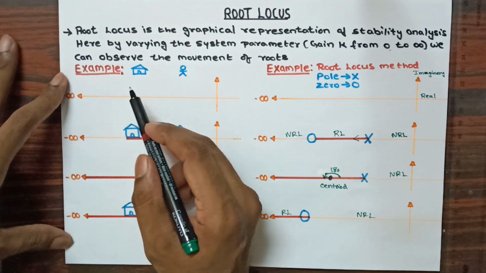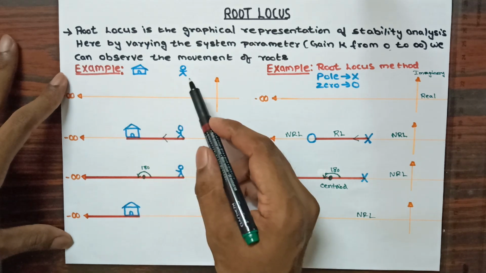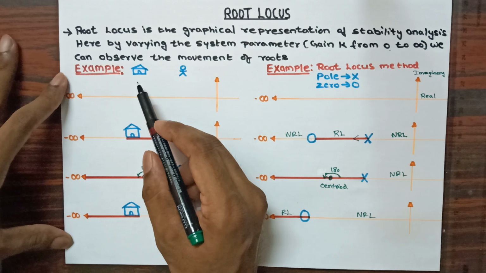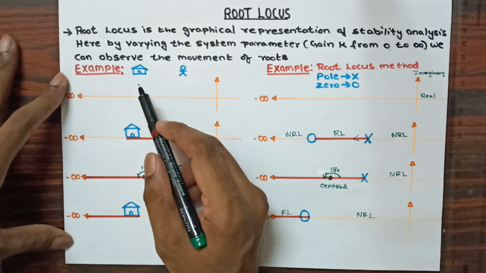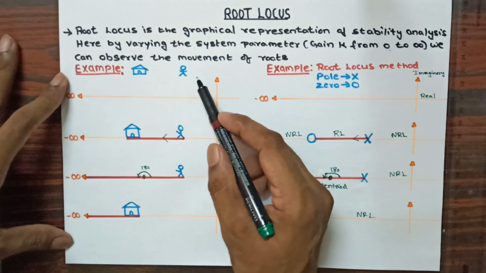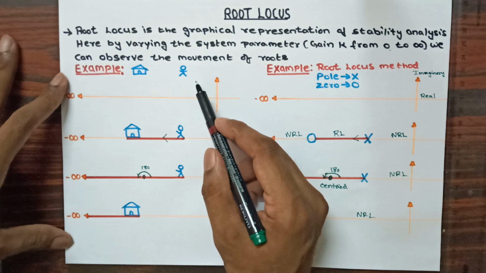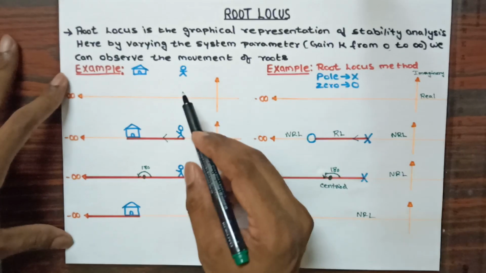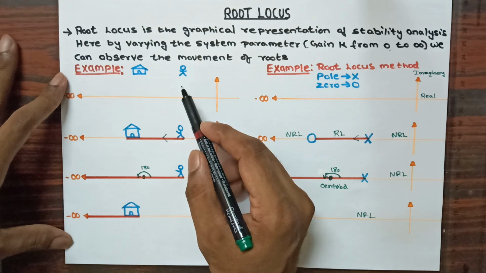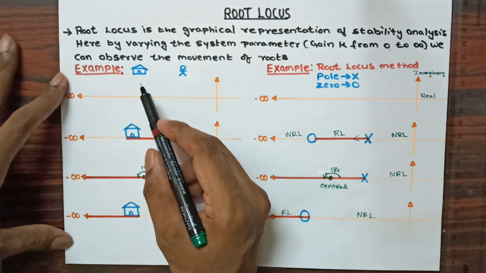In this example, I have considered a hut and a person. Based on my input instruction, the person has to move to his destination if a hut is provided. The hut will be his destination. If there is no hut, then the person will have to move in search of an infinite destination. In this, for the person we are considering a start point, and for the hut we are considering an end point.